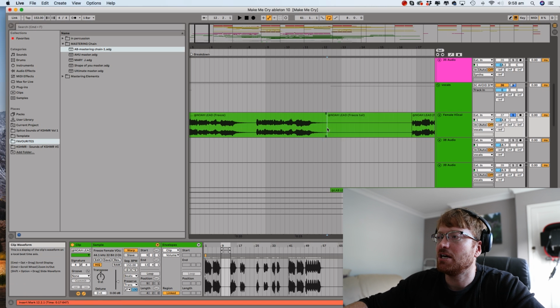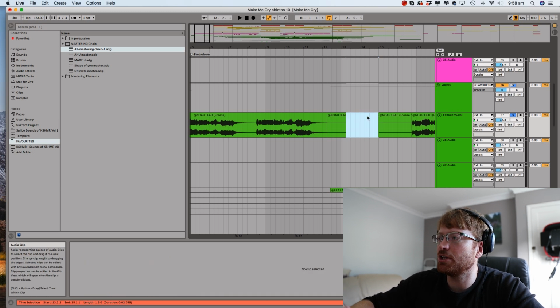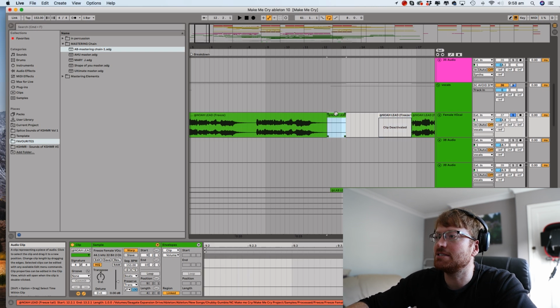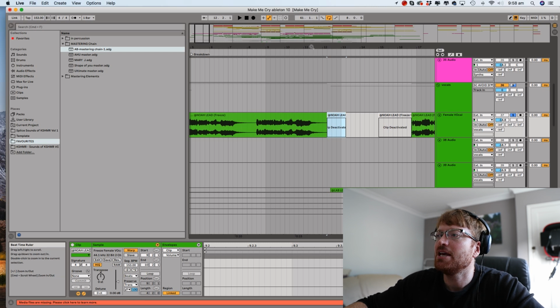So you would click Apple E on a Mac, solo out the bit that isn't doing anything. You could either remove it like that by just deleting it, or select it and make it 0 like that,